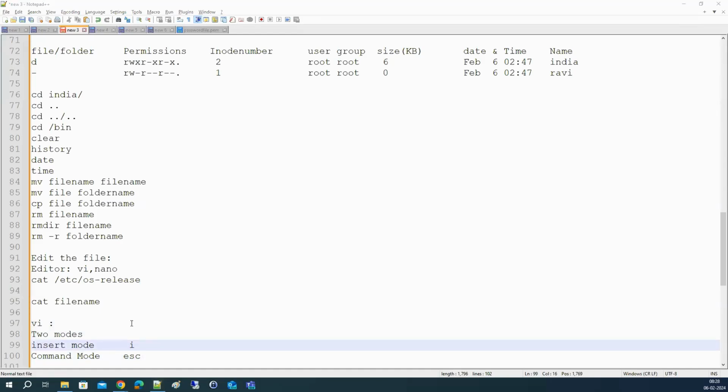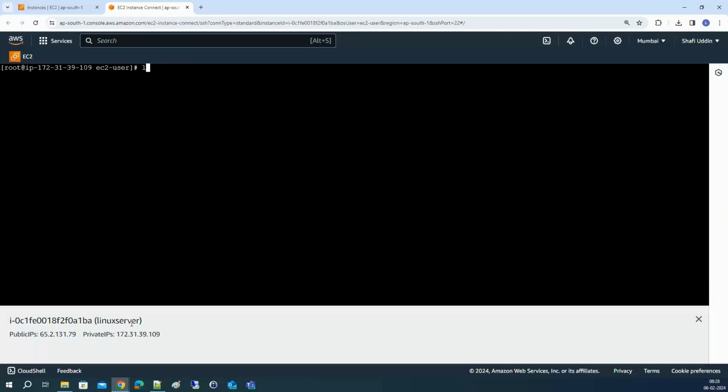Currently you have a file, Pratiksha. There is no information in that. I want to enter some data, so I go to the Pratiksha file with vi Pratiksha. I'm inside the file. If you look here, nothing. If I press I, I can go to insert mode. Now I'm in insert mode and I can enter some data. This is AWS and